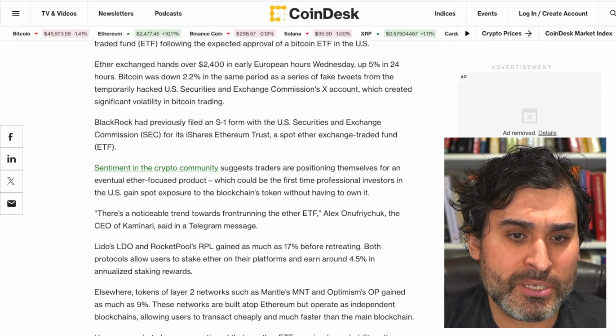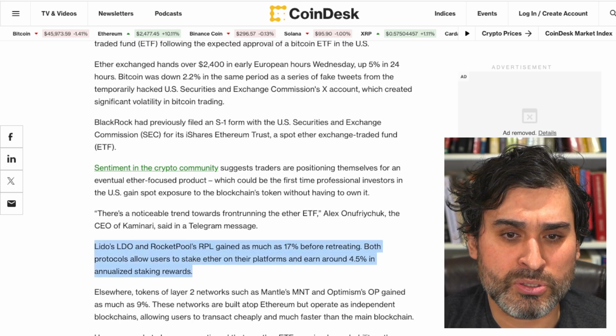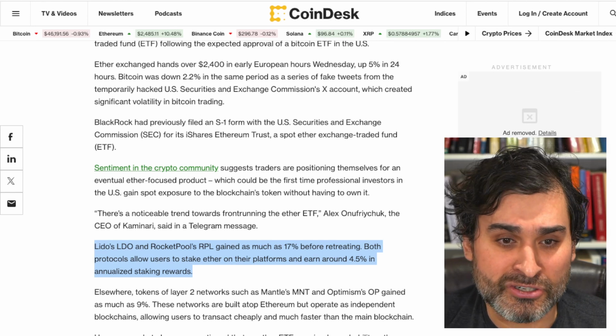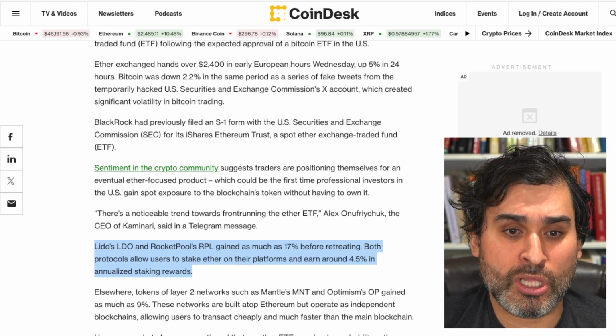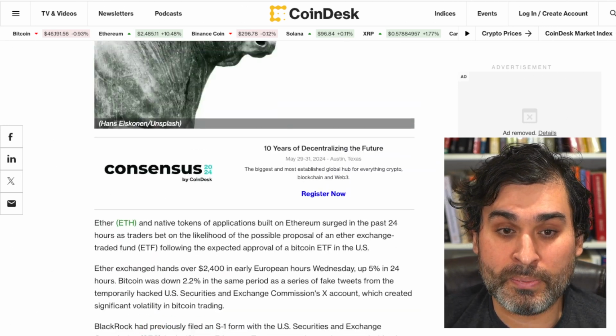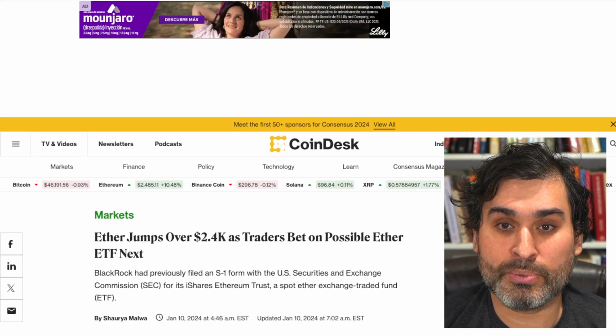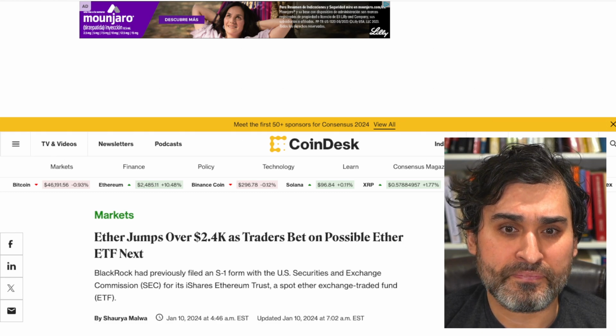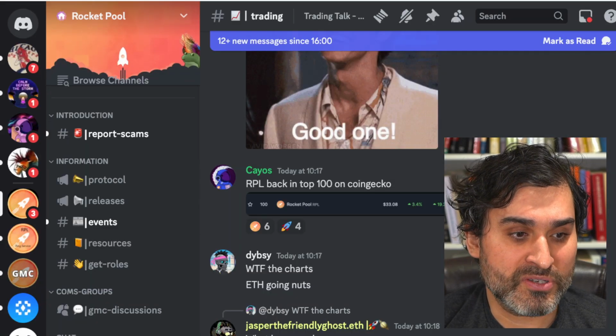Here, there was information that says Lido's LDO and Rocket Pool's RPL gained as much as 17% before retreating, which RPL didn't retreat really. Both protocols allow users to stake Ether on their platforms and earn around 4.5% in annualized staking rewards. So, people were already noticing that Rocket Pool, the protocol, and the RPL token, was one of the big gainers out of this move. And with that move as well, then we got